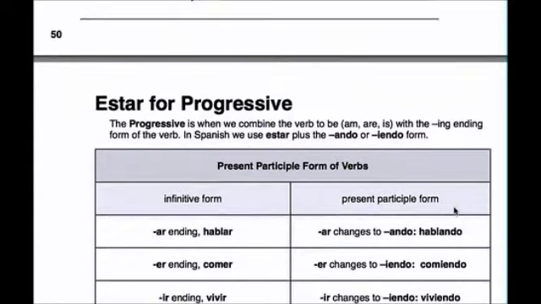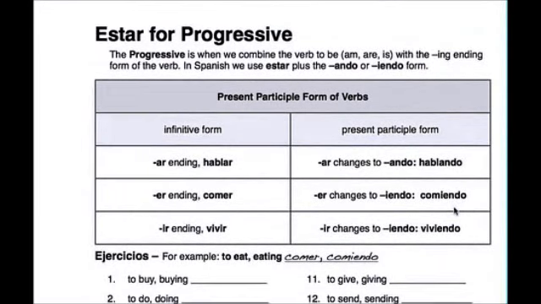So now we're going to talk about the last use of estar. See how I mentioned there's only 3 uses for estar? One is for location, right? The other one is for the conditions, and now we're going to talk about the third use of estar for something called the progressive. But before we can talk about the progressive, we need to talk about a form of the verb. We are familiar at this point with the